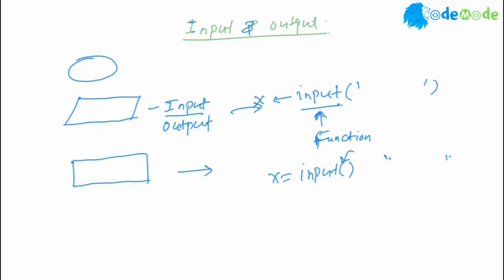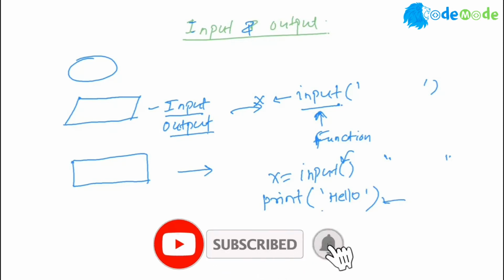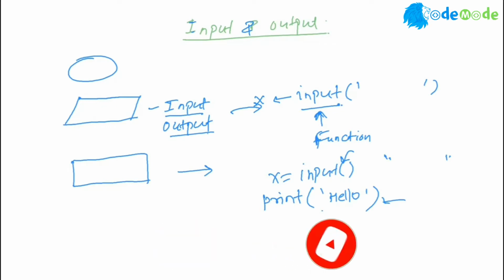And I'm coming back to input. The second important command is to give the output, and for output you use the print command. So print, and then you give a message, whatever message you give, suppose say hello, and Python will print hello on the screen. So input will take from the screen, and print will give back to the screen. Okay. Now let me write the code and show you what I mean.